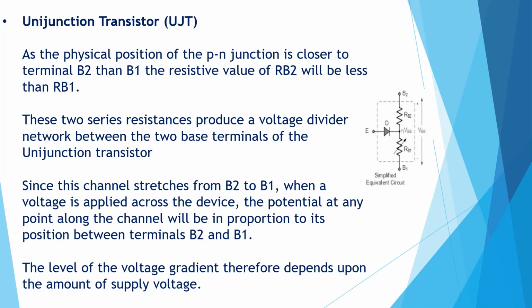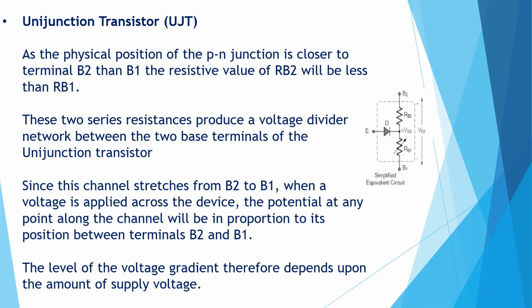As the physical position of the PN junction is closer to terminal B2, I have already explained, this PN junction which is formed is nearer to B2 as compared to B1. So the resistive value of RB2 will be less than RB1. These two series resistances produce a voltage divider network between the two base terminals of unijunction transistor. Since this channel stretches from B2 to B1, I'm talking about this channel, the entire semiconductor